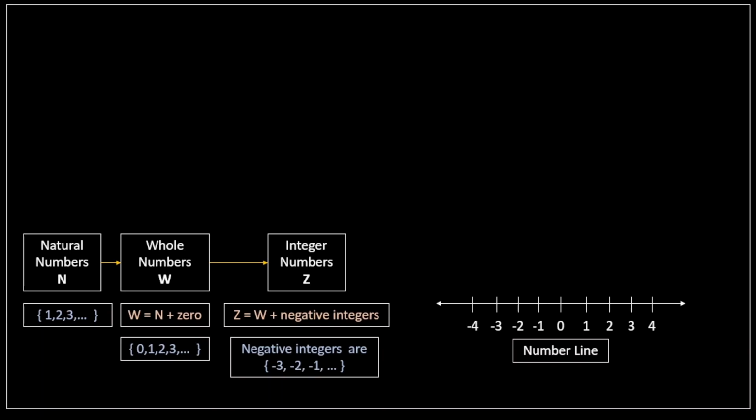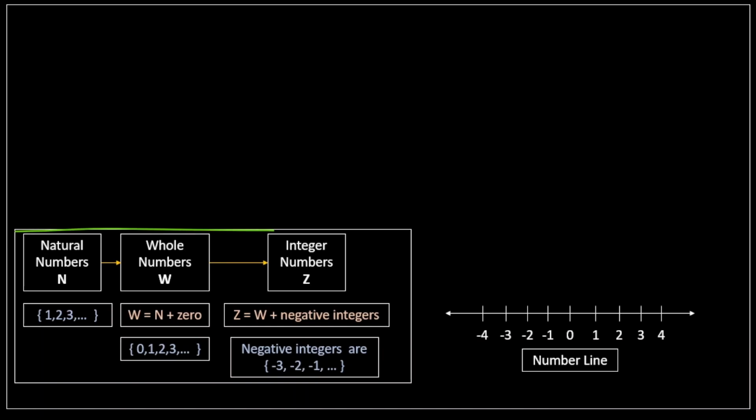We can see on the number line that there are numbers on the negative side also. So -1, -2, -3, -4 and so on, more towards the minus side. If we include all these numbers with the negative sign, 0, and then the natural numbers 1, 2, 3, 4, they together make the integers. Now including all these numbers